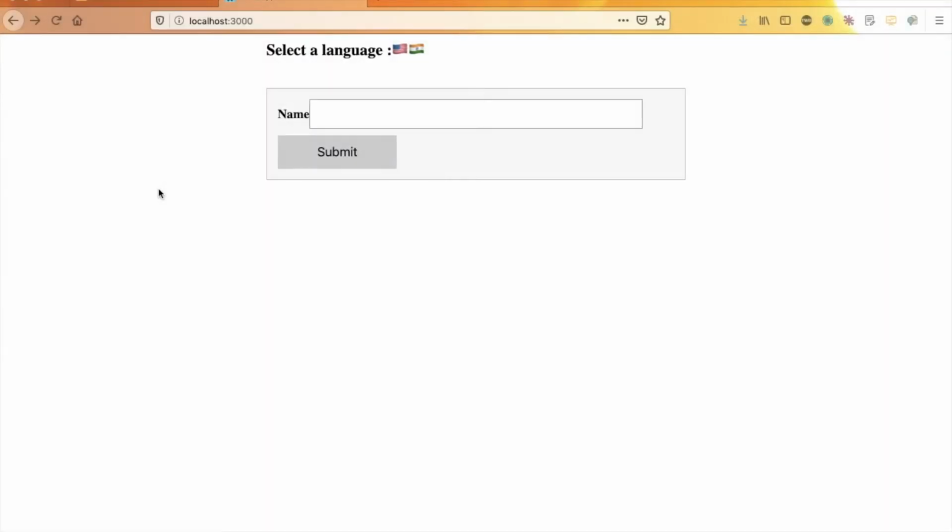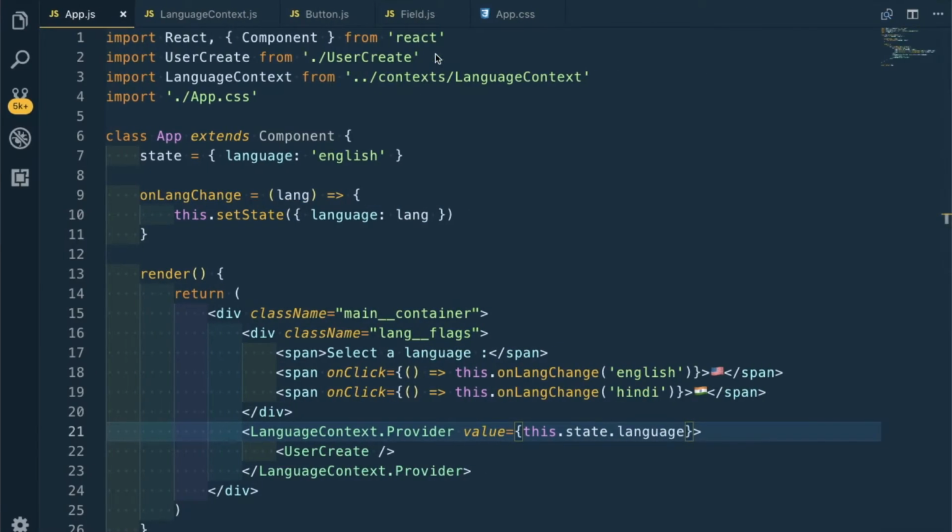Welcome to the second part of the React Context series. In the first part, we created our whole project and it is working. So, in this part, we are going to convert this project into a functional